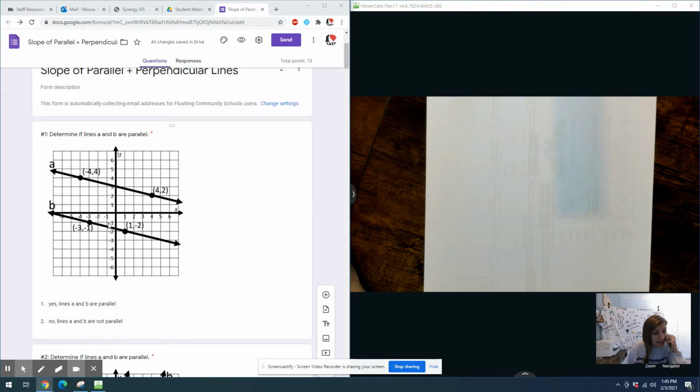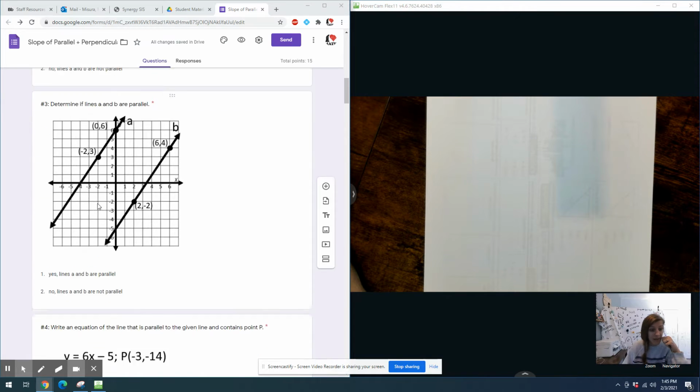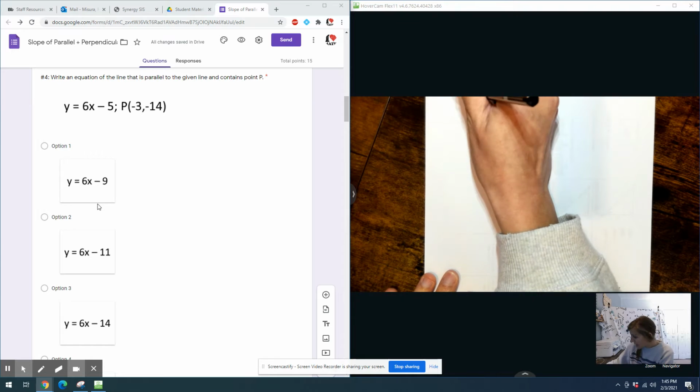So when you're looking at these lines here, you're really going to want to find the slope, like count that rise over run, okay? Don't just look at it, count that slope. Slope's got to be the same. So speaking of that, if we look at number 4 right here,